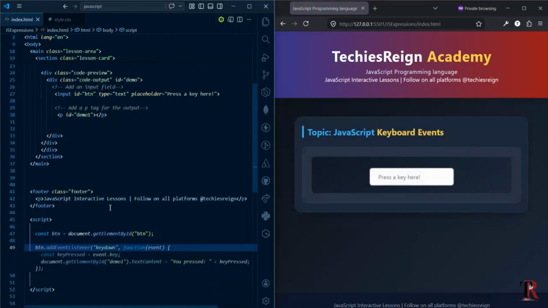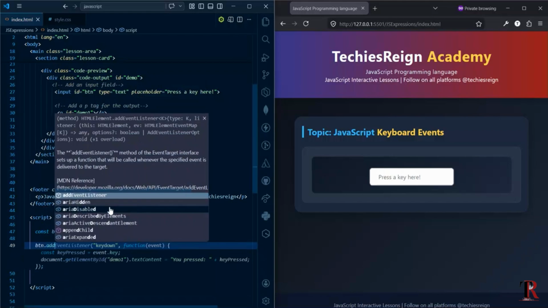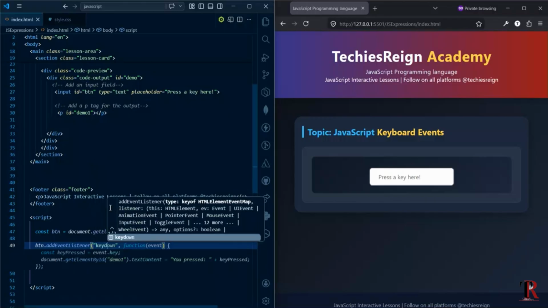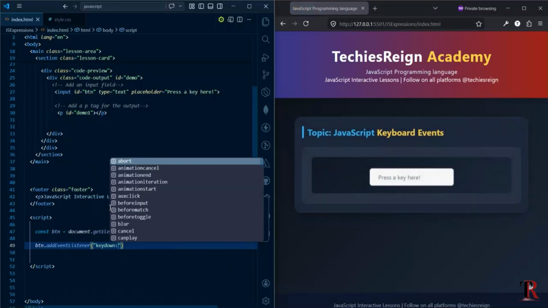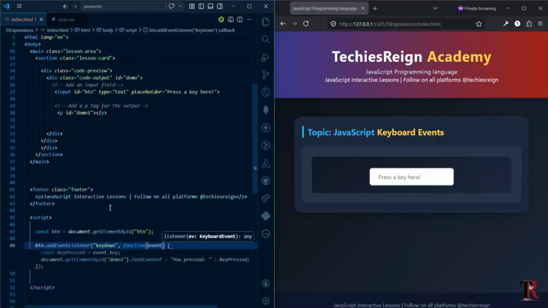Now I can add an event listener that will listen for a key press in my input field. So btn.addEventListener, keydown, which is the event I expect, and then a function that will take event as a parameter,